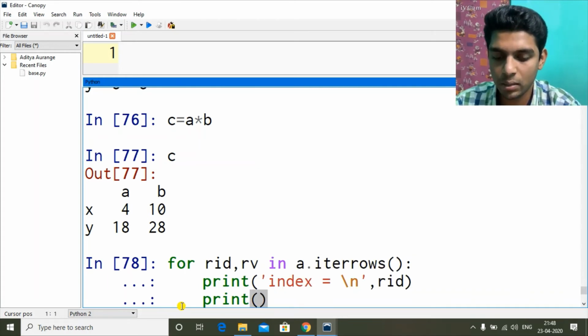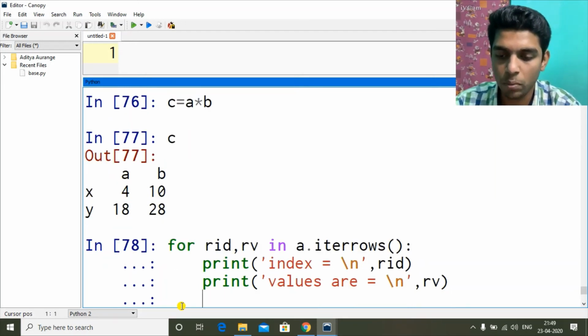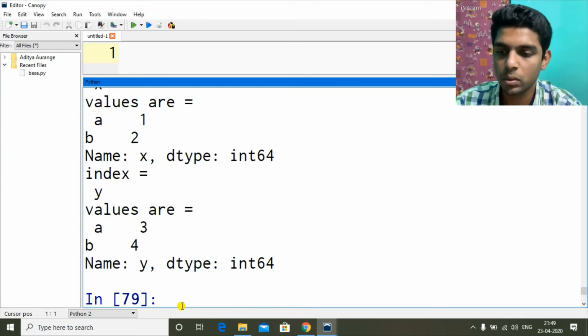Another thing is the values. In the next line, I want to print the values, which is RV. I hope you know for loops. So one by one we will go through all the data.